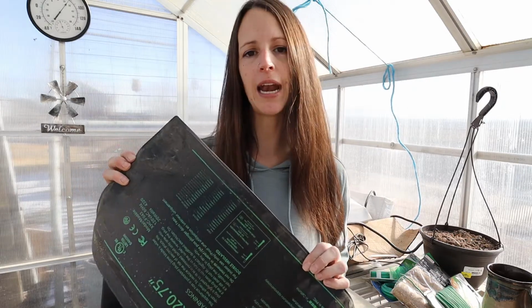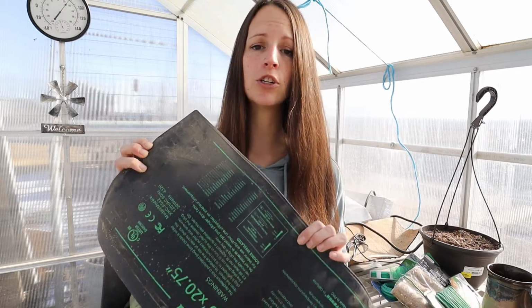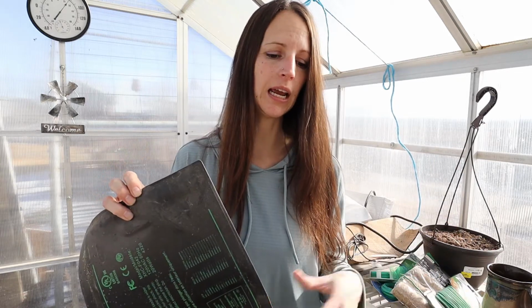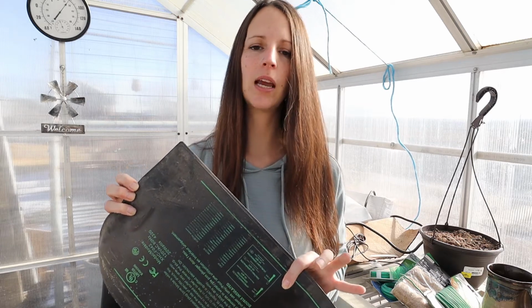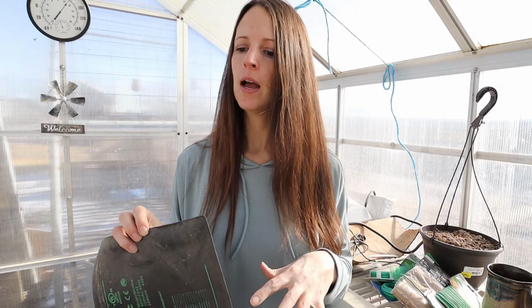I would leave these on at night, and then during the day when it was warm like it is today, where it's 80 degrees in here even though it's 45 degrees outside, then I would turn these off so the plants weren't overheating. So there was a little bit of maintenance, I guess you would say, in keeping these running. Now I could automate that a little bit better this year by putting a timer on them, but I still